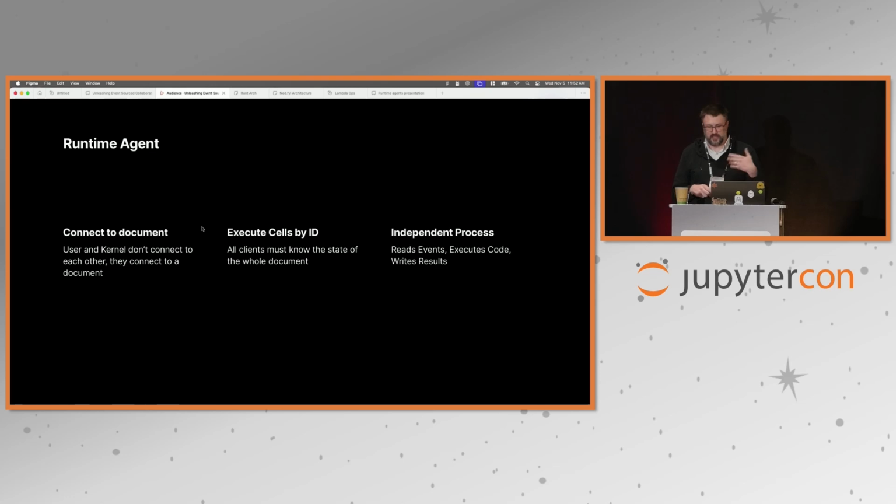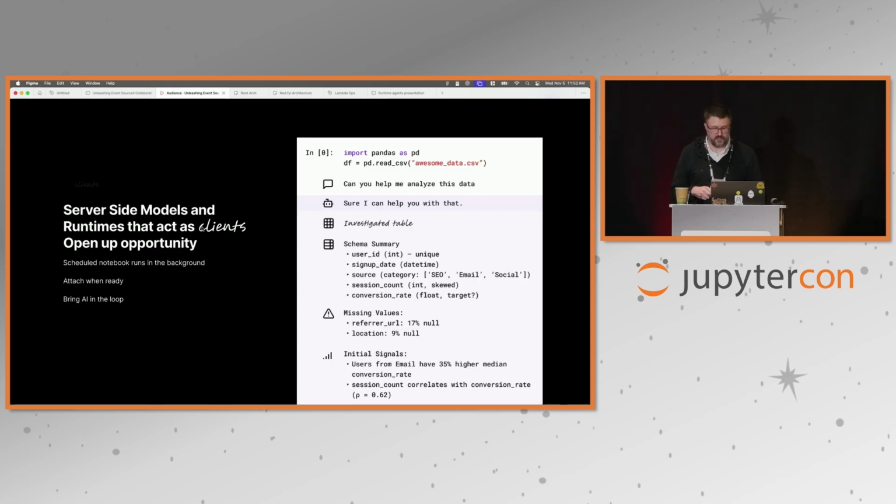It reads the events, executes code, and writes the results. And so once you have this, and this is irrespective of what that storage model is underneath, if you have server-side models and runtimes that act as clients, that opens up opportunity. I think the big one, and this is why on some level I thought maybe I won't talk too much about the AI part of this, even though it's very essential to it,